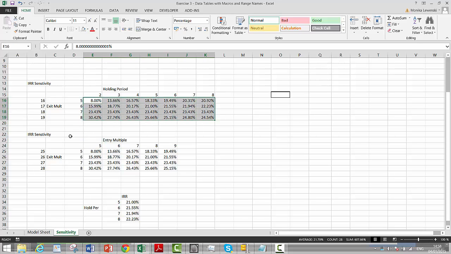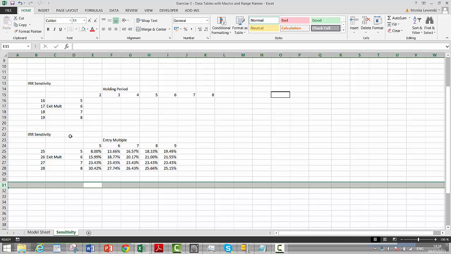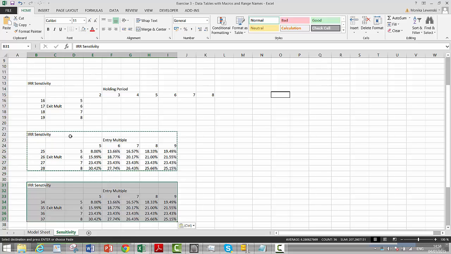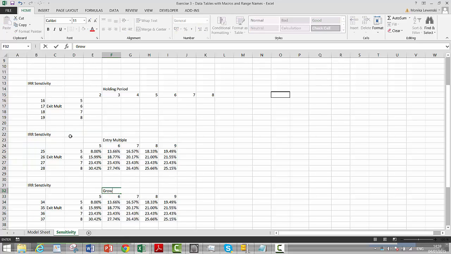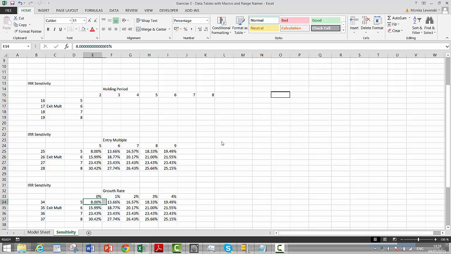Okay, and now let's make another sensitivity, and perhaps we make an IRR sensitivity, and instead of the entry multiple, let's make the growth rate, and that's very fun, 0%. So I can't type in a 0, and Alt DIS, step value 0.01. Okay, and now let's make